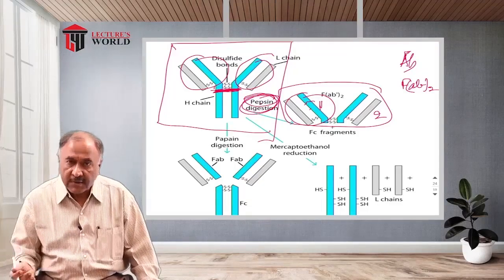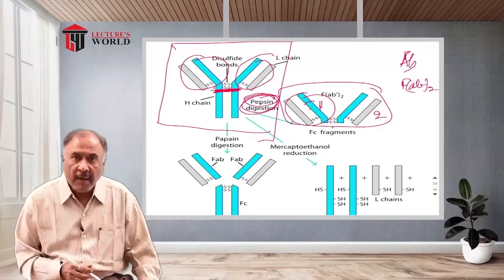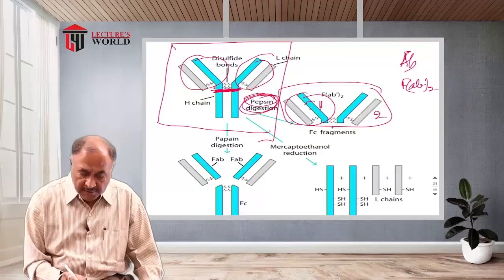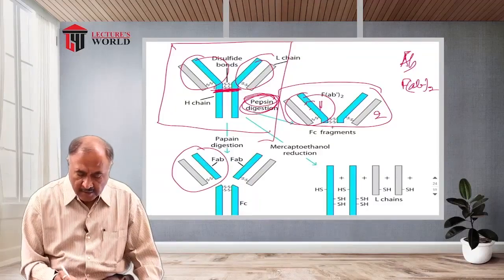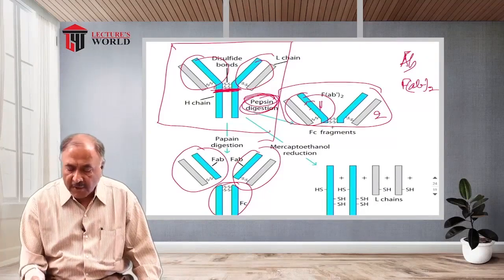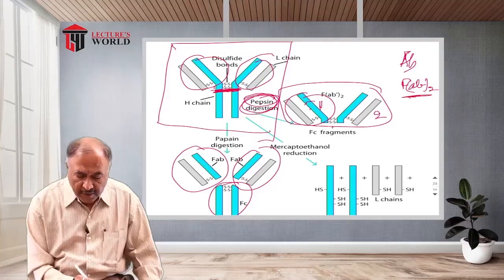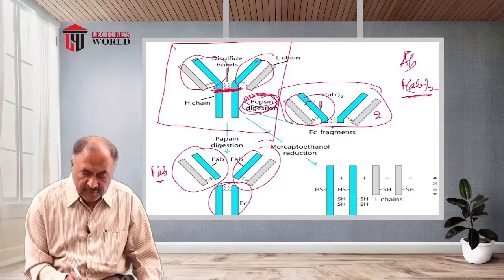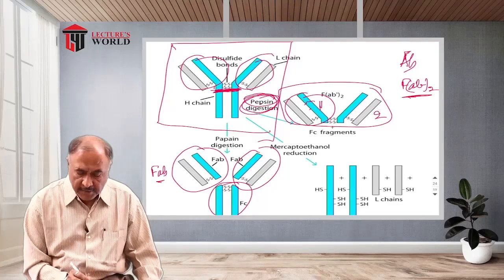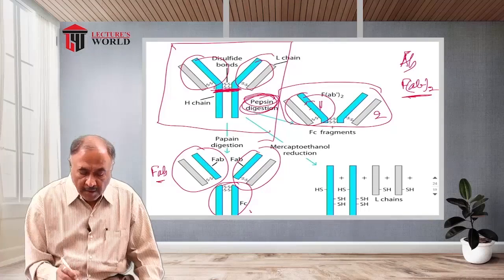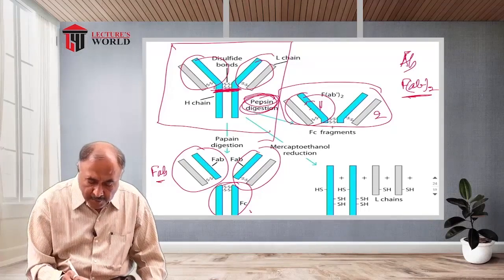When they digested with papain, they obtained three fragments: this was FAB, another FAB, and this FC region. But the FAB regions were not together, so it was known as fragment antibody binding. This is separate and this is also separate, and fragment constant as one,